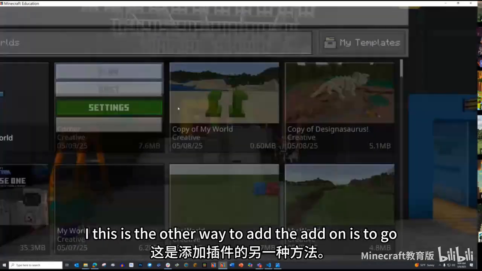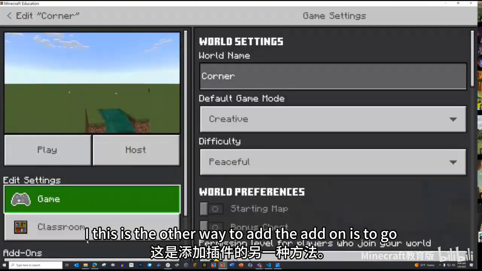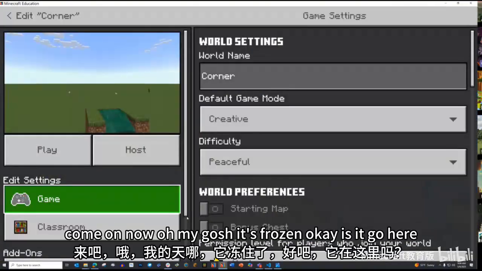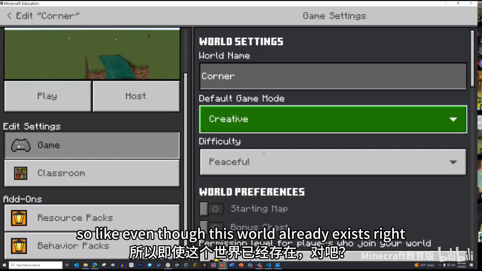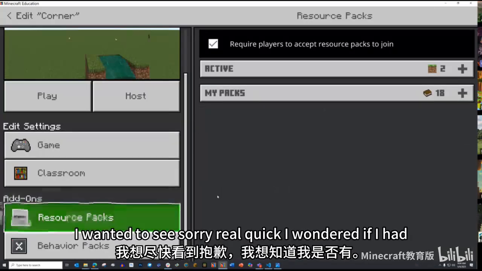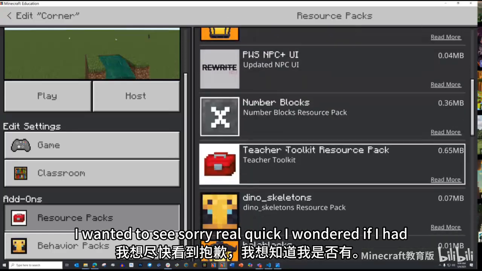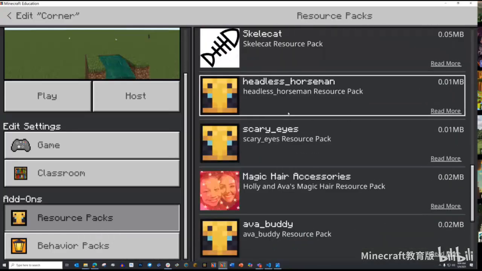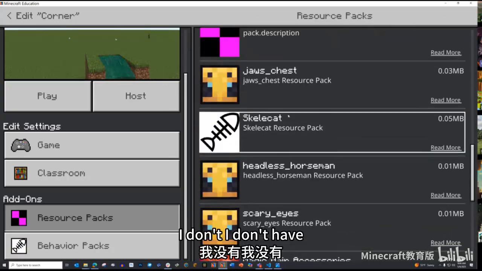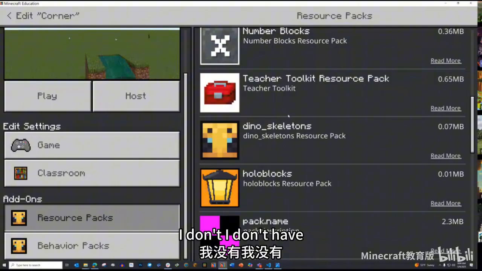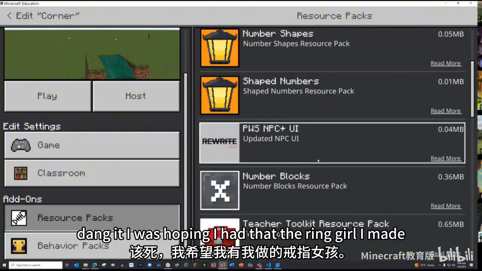This is the other way to add the add-on. Come on now. Oh my gosh, it's frozen. Okay, it is to go here. So even though this world already exists, right, we could add more. I wanted to see, sorry, real quick, I wondered if I had, oh, I don't have, dang it. I was hoping I had the ring